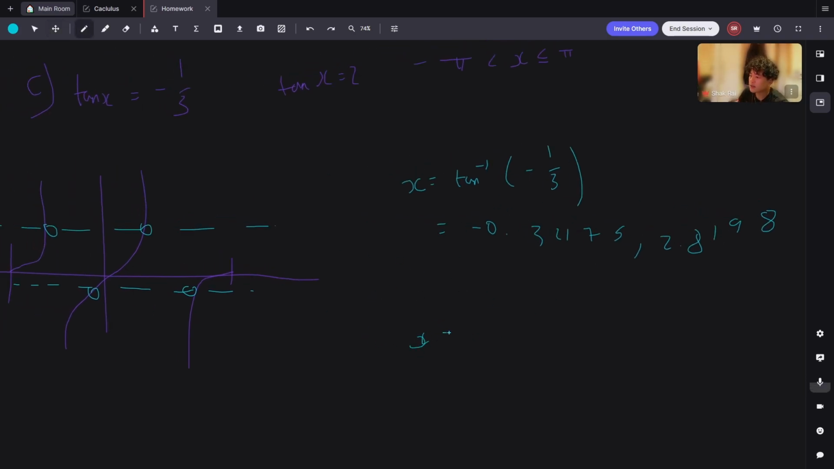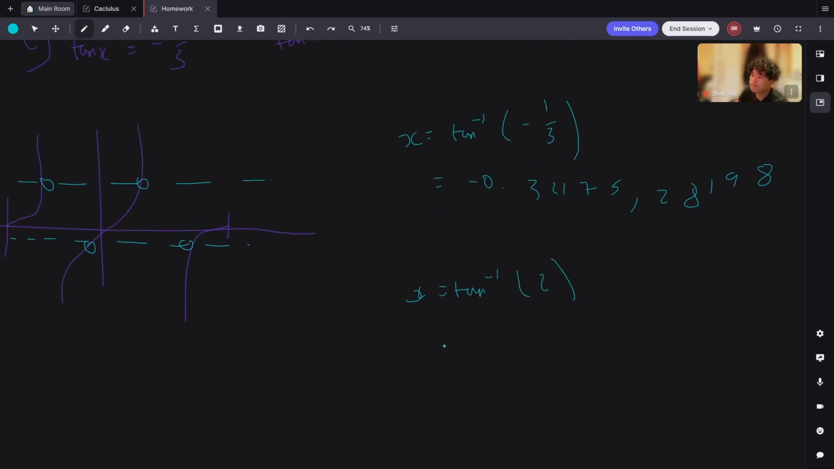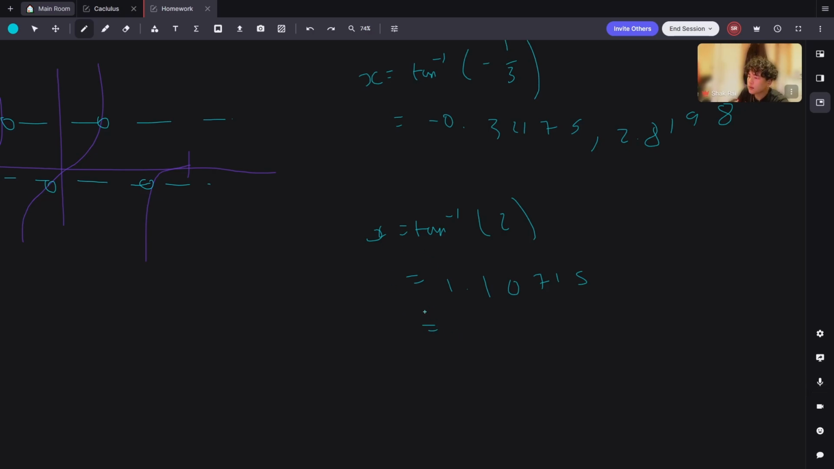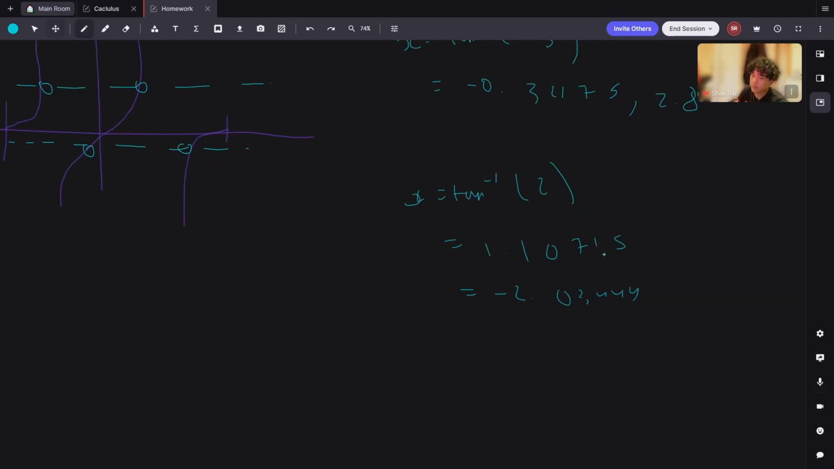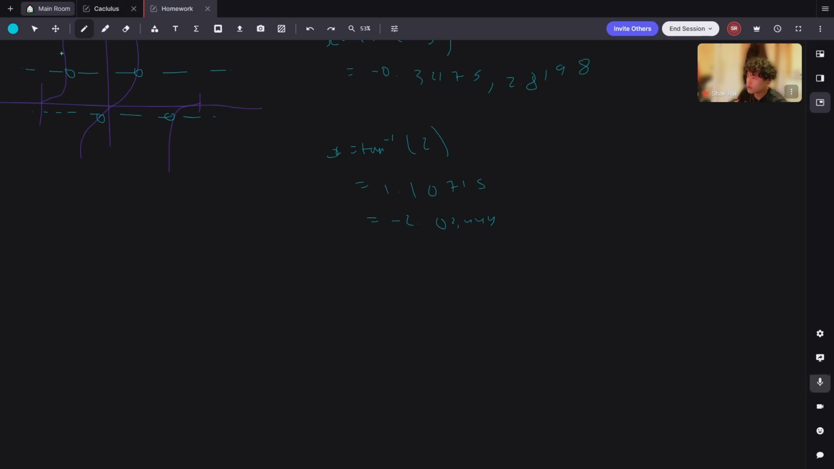So when x equals tan inverse of 2, tan inverse of 2 is going to equal 1.10715, and then the other one is going to be minus pi, so that is minus 2.03444. Cool. So the four values of x are therefore going to be x equals minus 0.32,